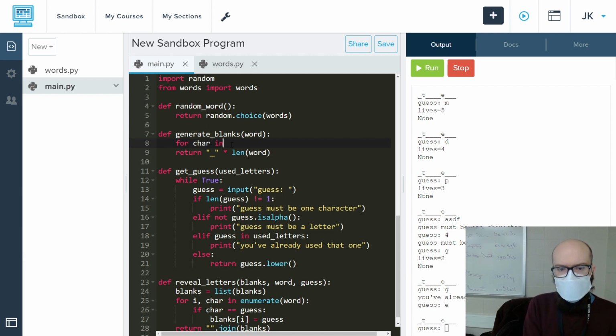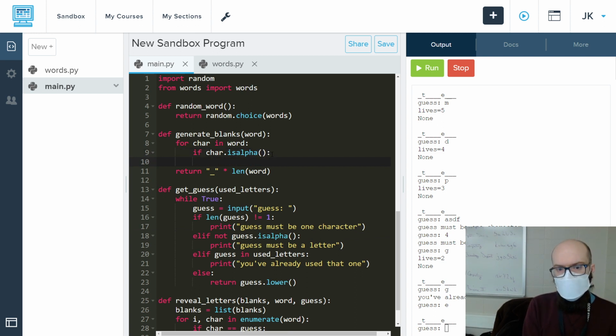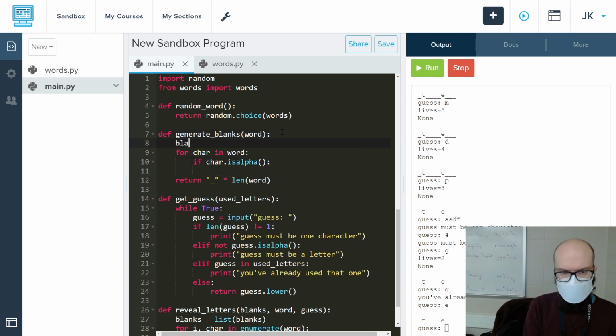We could say for char in word, if char dot is alpha, using that same method we used down here, then we're going to have, I'm going to just make a blanks that we're building as we go. Blanks plus equal underscore, meaning if I see an A, I put an underscore. If I see a Z, put an underscore. Otherwise,